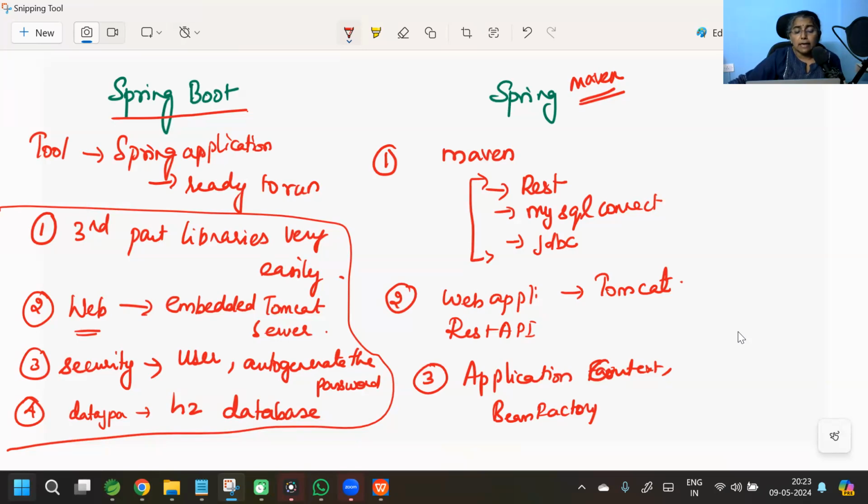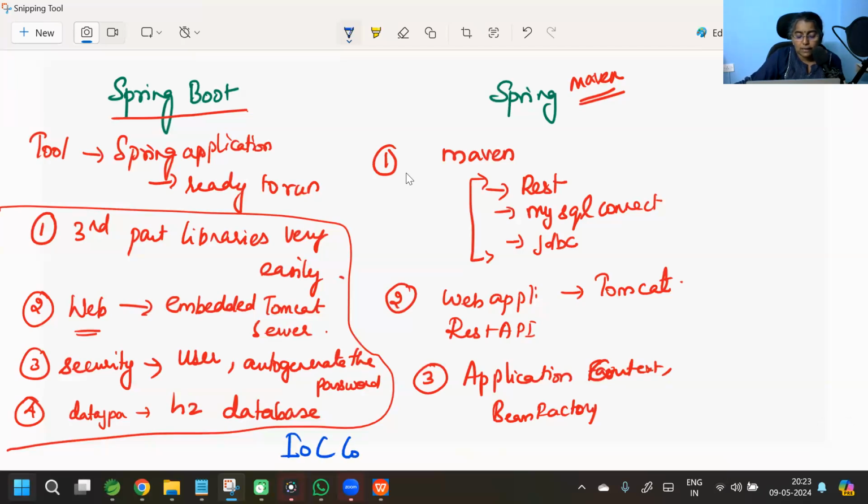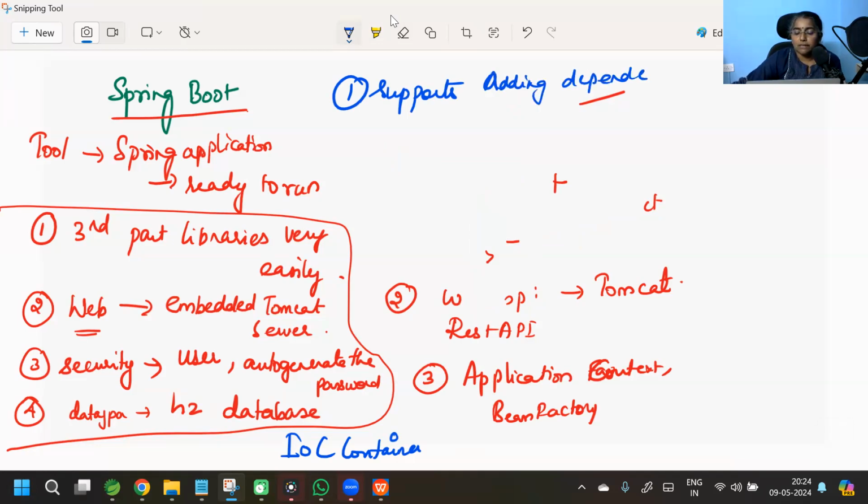Okay, this is done. Now, what are the other things? The third one is, in case of Spring Boot, it will automatically create the IOC container. I don't have to create the IOC container. Spring Boot is responsible for creating the IOC container. So, in a nutshell, if you are going to talk about Spring Boot, what are the things that it is going to do? It supports adding dependencies, whatever dependencies are needed for your application. Then it supports